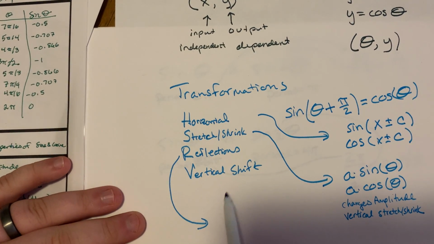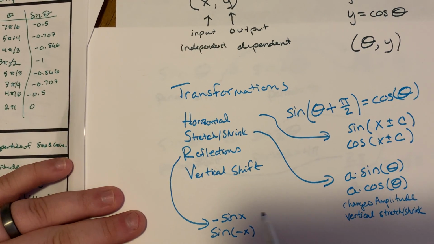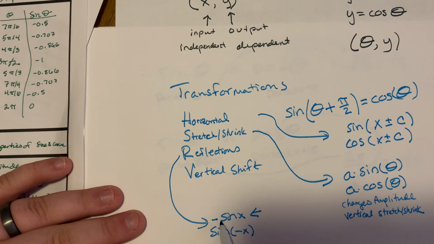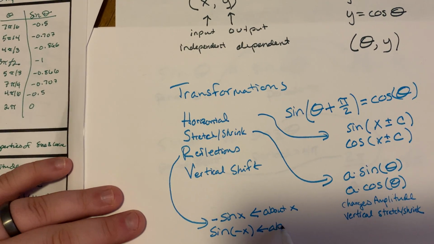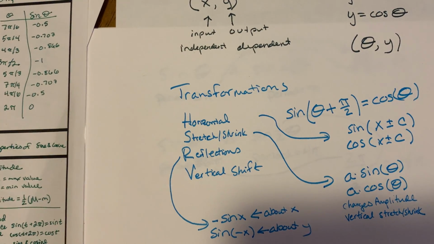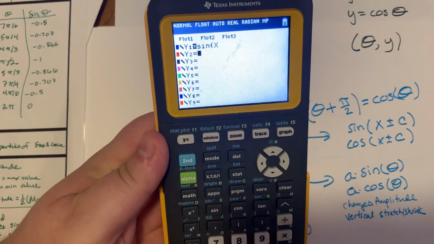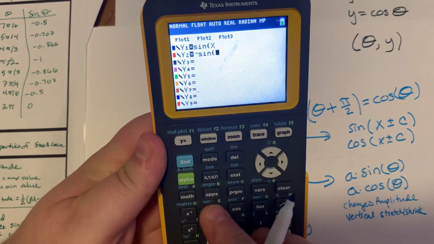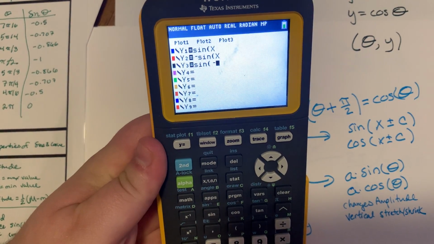So this is still just negative sine x or sine of negative x. So we have this is about the x-axis, and this is about the y. So for example, if we have sine of x, negative sine of x, and sine of negative x,